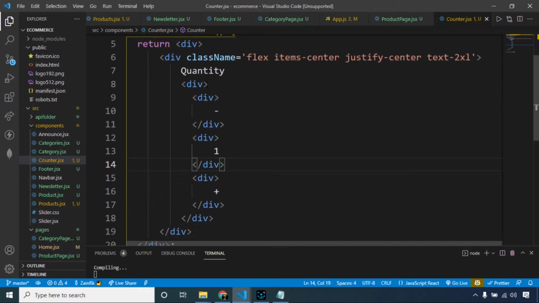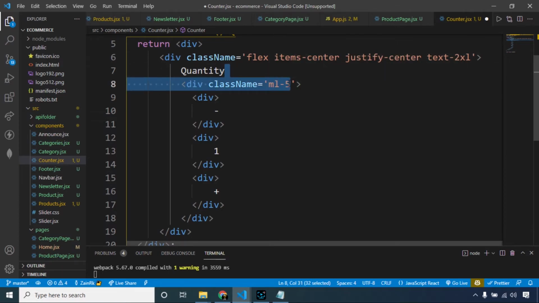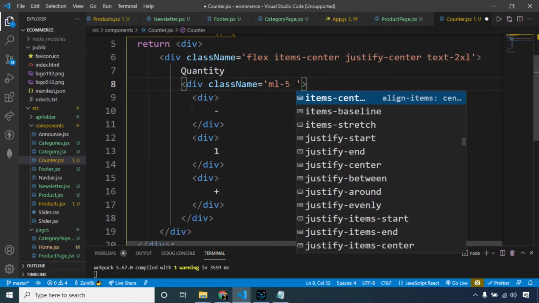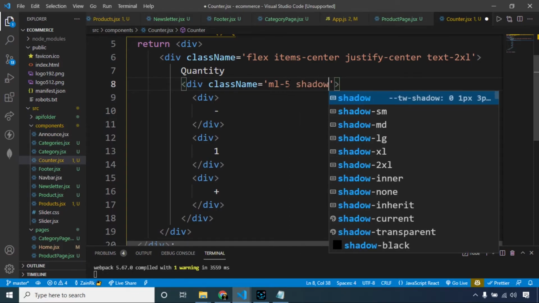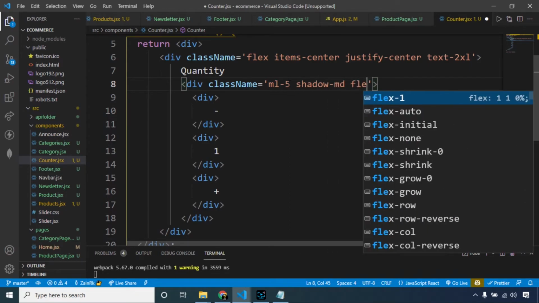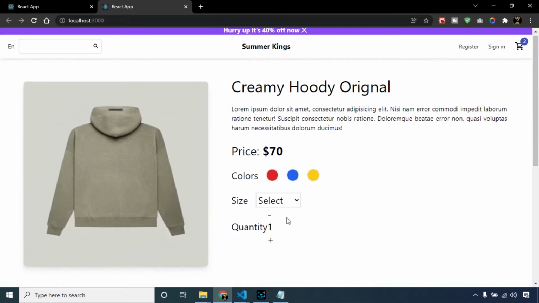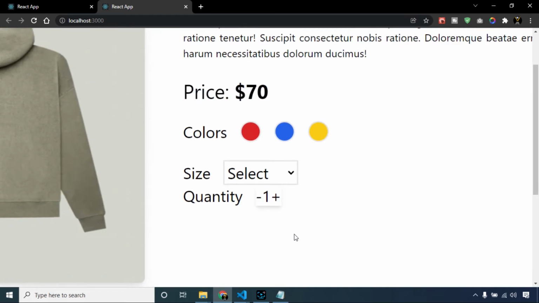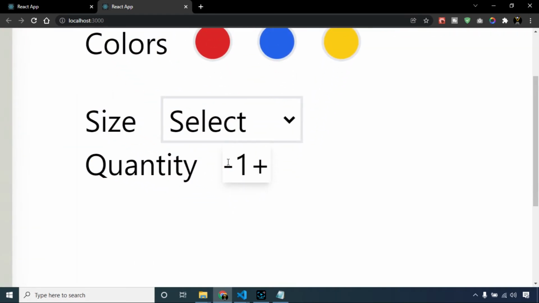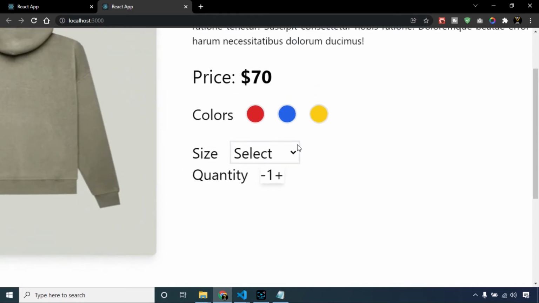Let's save this, and for the parent div I am saying margin left 5, so it will be away from our quantity heading, and then shadow medium and display flex. So all these items, minus, 1 and plus, will be in a row. Let's see the results. Okay, we can see we have our shadow and minus, 1 and plus in a row.